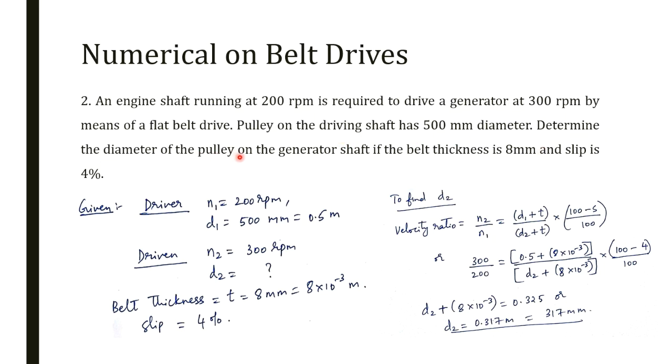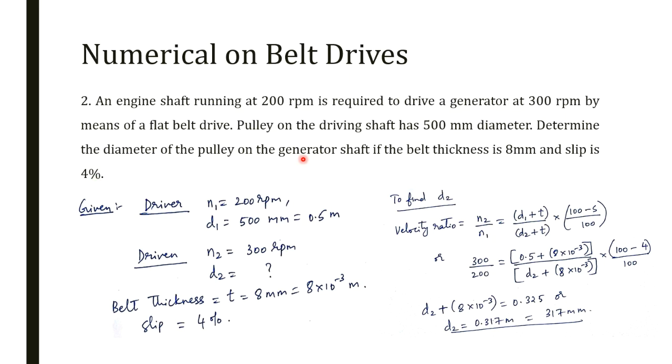Determine the diameter of the pulley on the generator shaft. Here you need to determine the diameter. Same as your previous case, that is in the previous numerical we found out the diameter, but here they have added a condition saying if the belt thickness is 8 mm and slip is 4%, then you have to find out the diameter of the